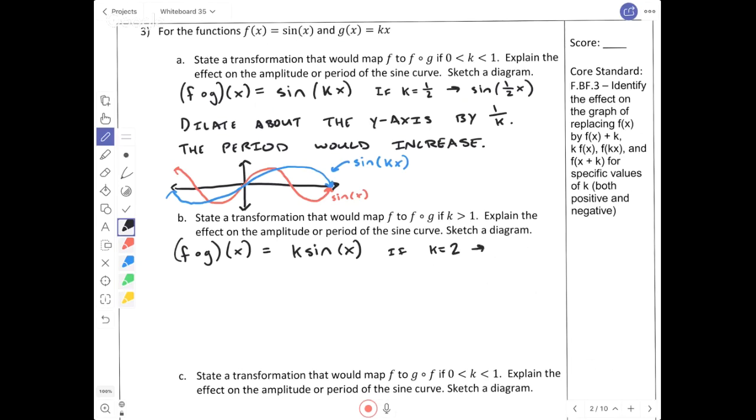That would be 2 sine of x, which is a dilation about the x-axis by k. The amplitude